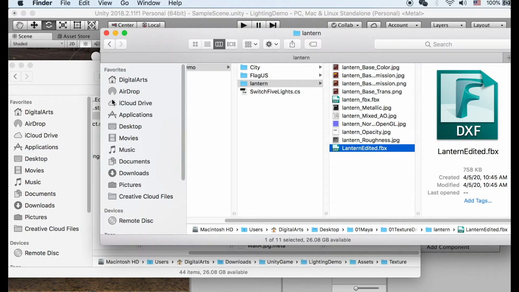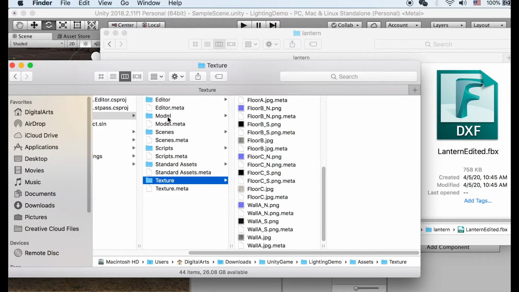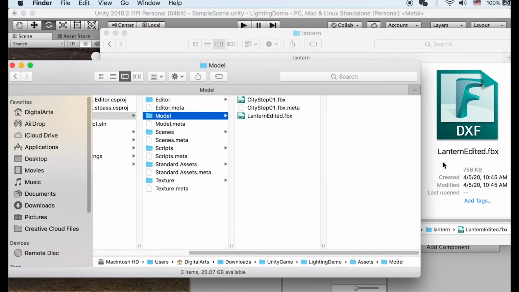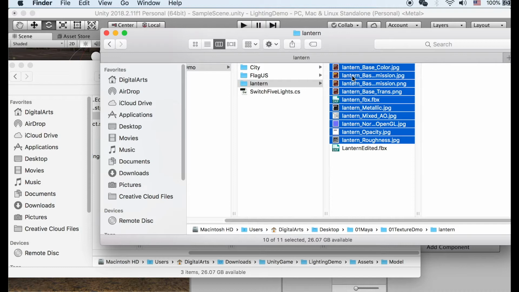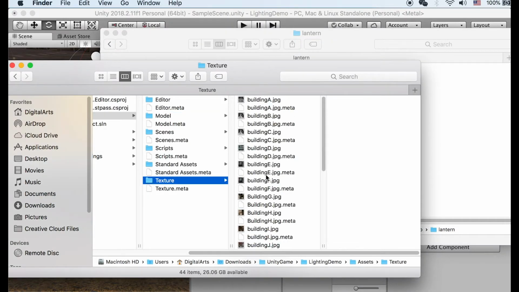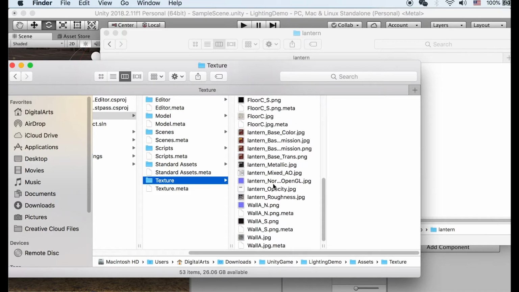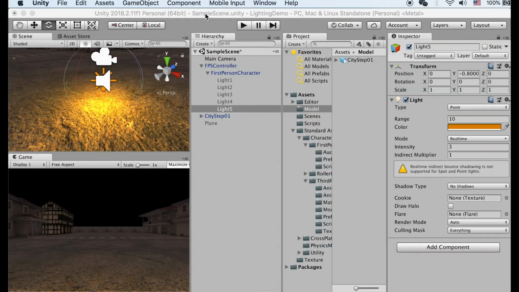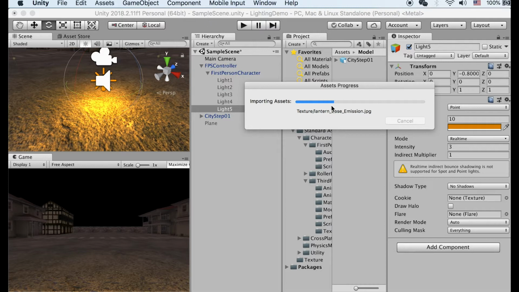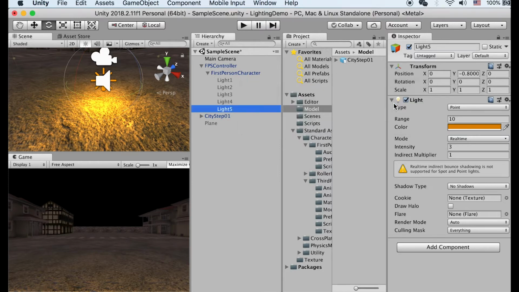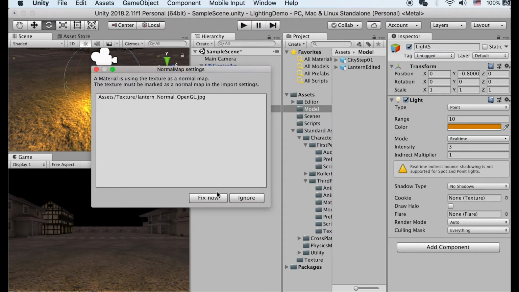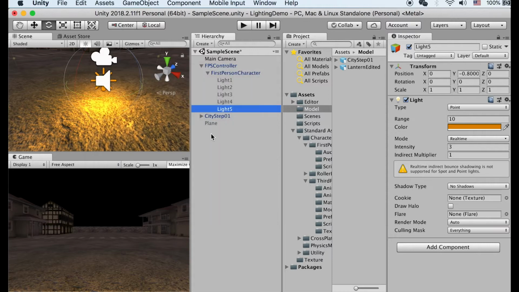I'll copy this model, paste it into the models folder, and then we'll copy all the texture files. Command C to copy, then go to the texture folder here and paste. Here we go. Now I'll switch back to Unity 3D, and it will take a few seconds to load the images. Okay, for normal maps, just click on Fix, and it will convert them to a format that Unity 3D